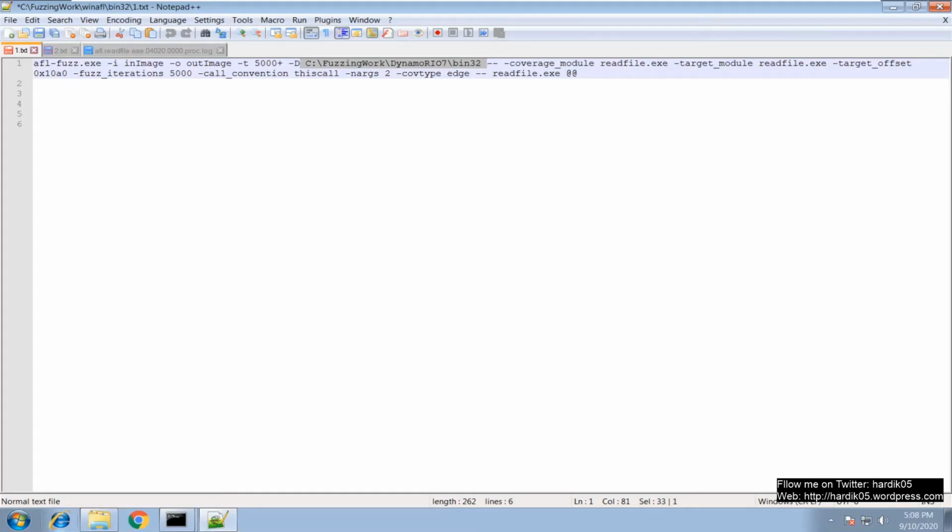Then we'll give some parameters which will be used by DynamoRIO to determine the coverage and all this. So we'll use -coverage_module, that is read file.exe, then target module, that is again read file.exe in our case, and then target_offset, which is the offset of the function we want to fuzz.